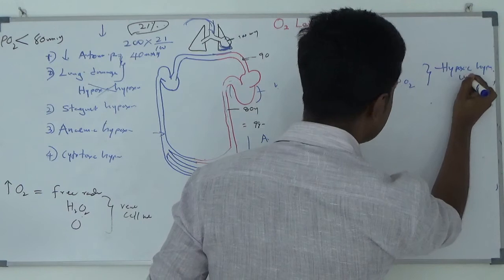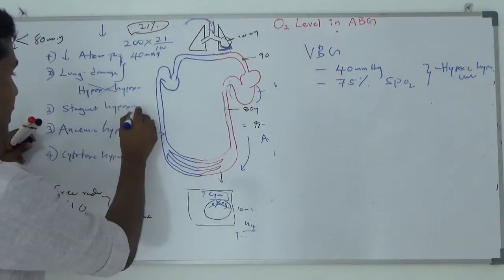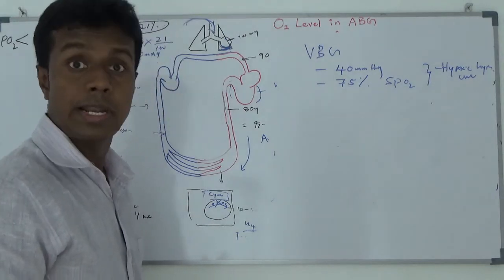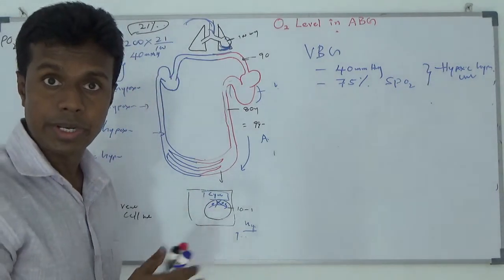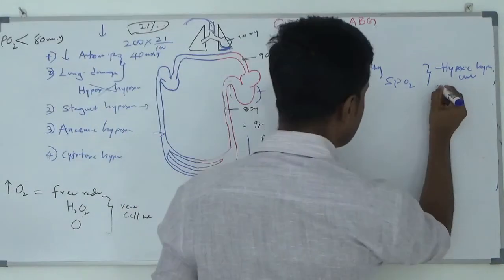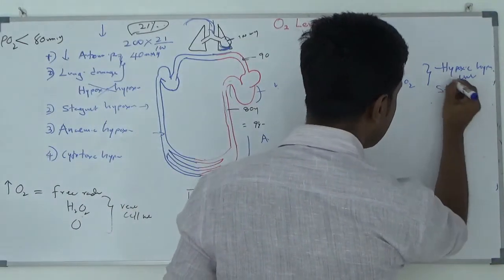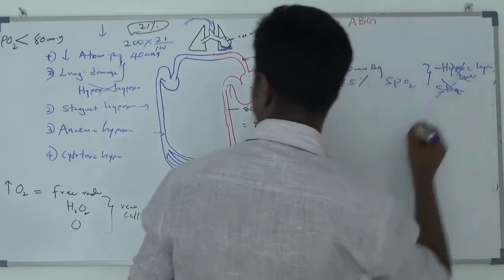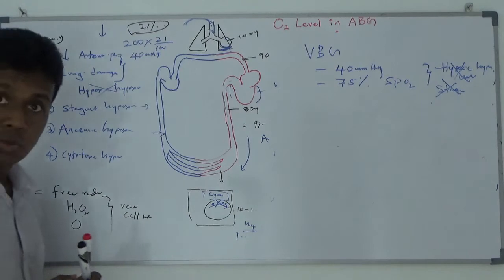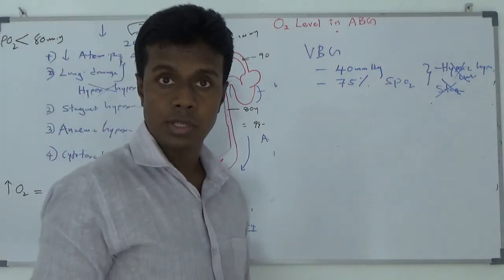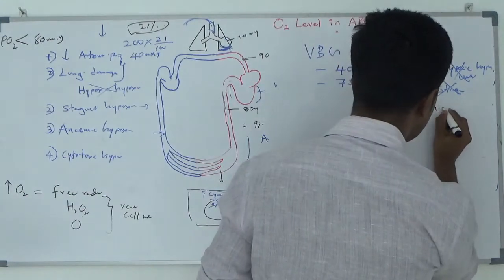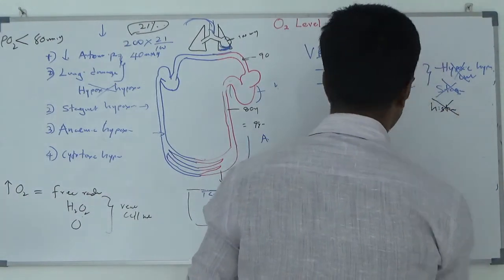If you have enough blood pressure and enough cardiac output by monitoring, stagnant hypoxia is also unlikely. Very, very unlikely to have histotoxic hypoxia because those are specific conditions. So histotoxic hypoxia is also very, very unlikely.